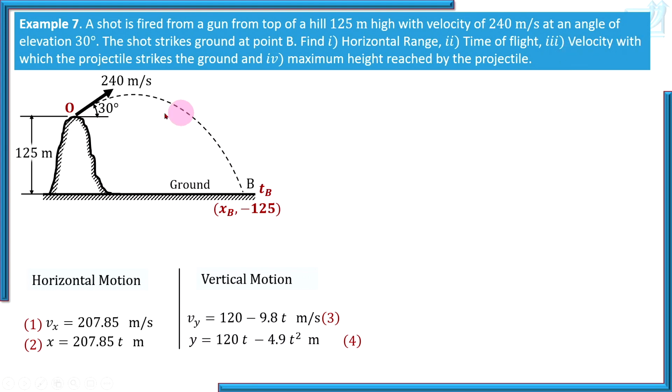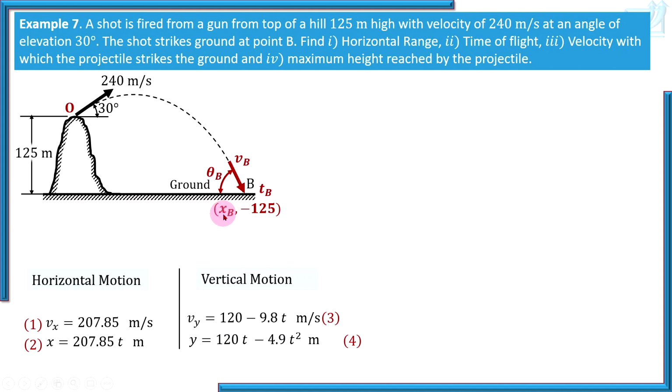What else is asked? Velocity with which the projectile strikes the ground. So you want to know velocity. Velocity is a vector quantity. So you should find magnitude of velocity and angle of velocity with horizontal. That is what is asked in the problem. Velocity with which projectile strikes ground and maximum height reached by the projectile, that is this position you are asked. Okay, but now let's focus here. At point B, you want to know time, you want to know velocity, you want to know direction of velocity,